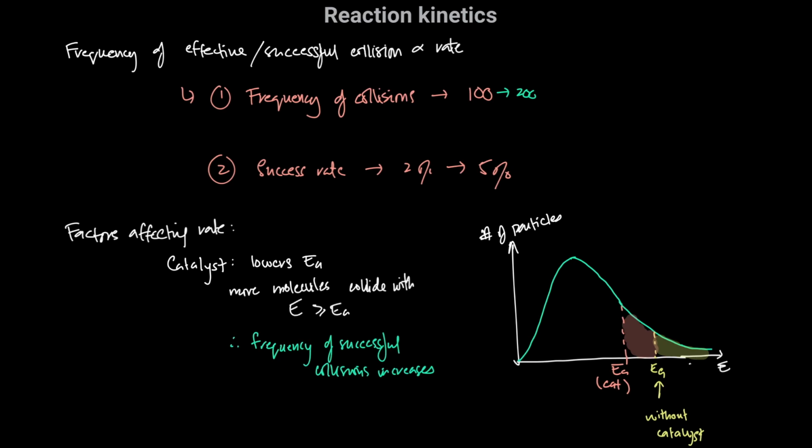So a catalyst doesn't really affect the frequency of collisions. It affects the success rate. We have the same number of particles, we have the same frequency of collisions, but now lower energy collisions will also result in a reaction. Before, you needed much higher energy for a reaction to take place. Now, even collisions with lower energy will result in a reaction taking place, or will be an effective or successful collision. So therefore, we can say frequency of successful collisions